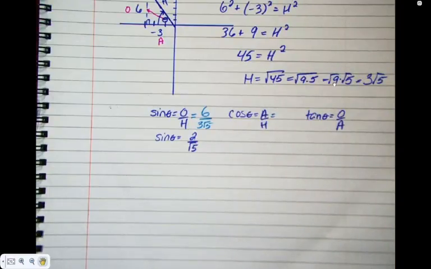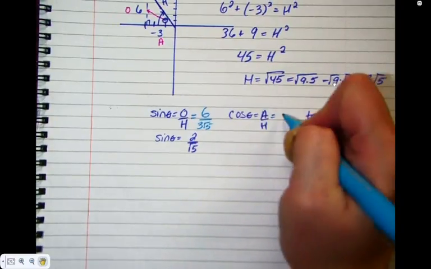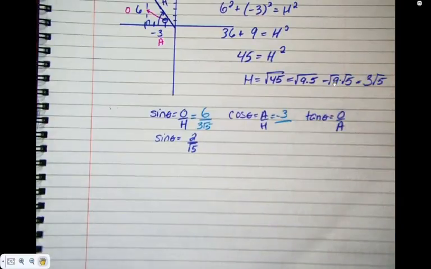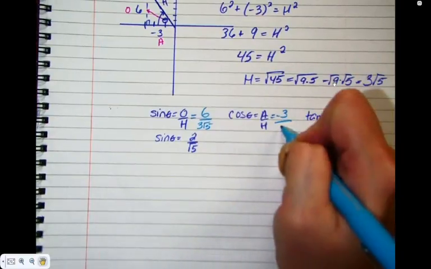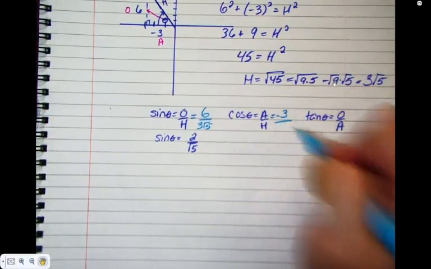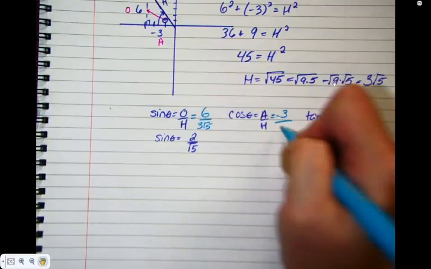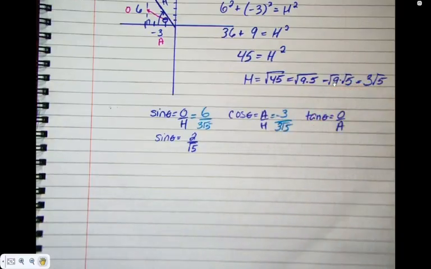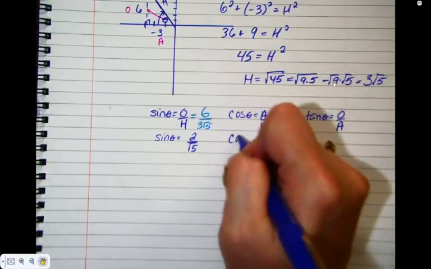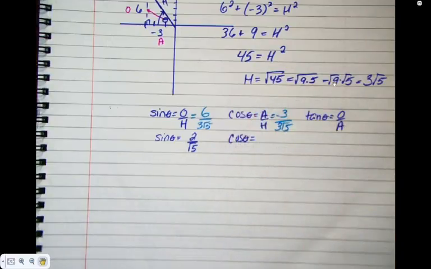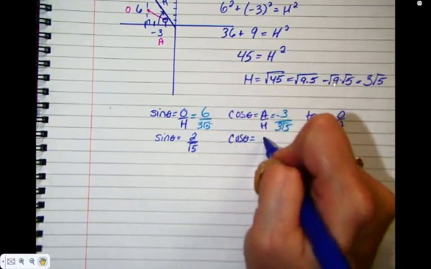Cos is A over H. What's the A value from the triangle? -3. And what's the H value? 3√5. And can I simplify those at all? I can cancel the 3's. And so,